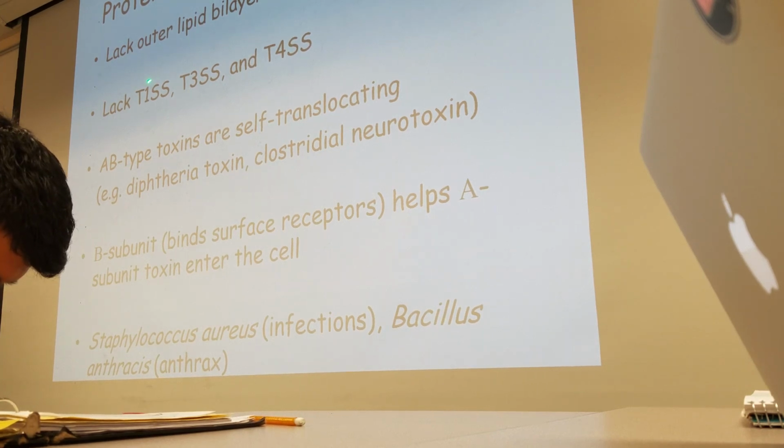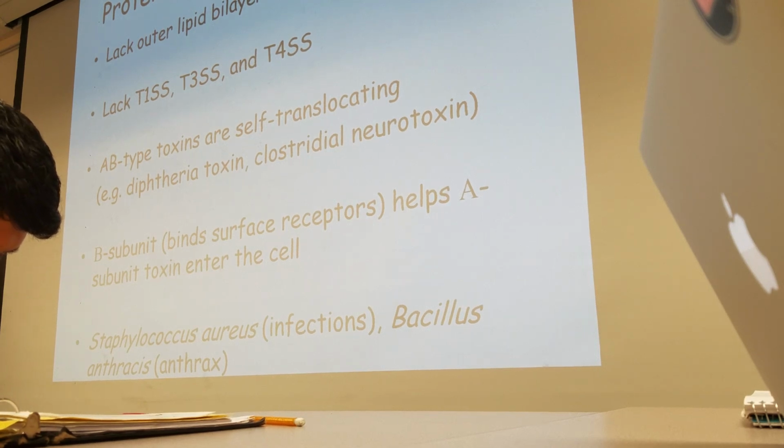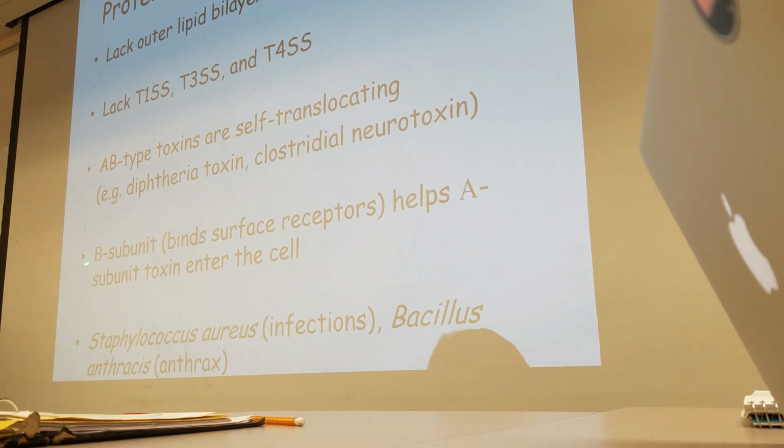So they don't have type 1, type 3, or type 4 secretion pathways, much simpler. And things like diphtheria and Clostridium have these AB toxins. Remember, that's a heterodimer that self-translocates, which is kind of cool. And what happens is that the beta subunit of these toxins binds to the surface